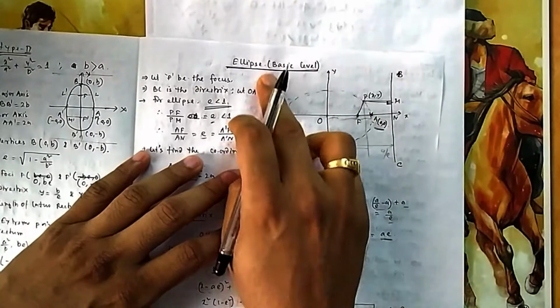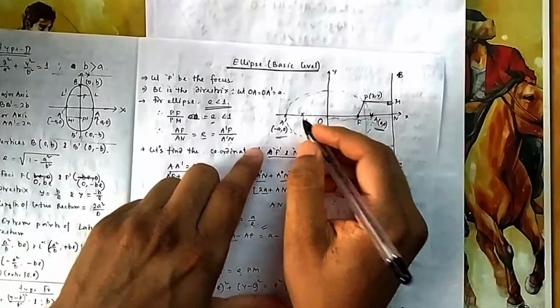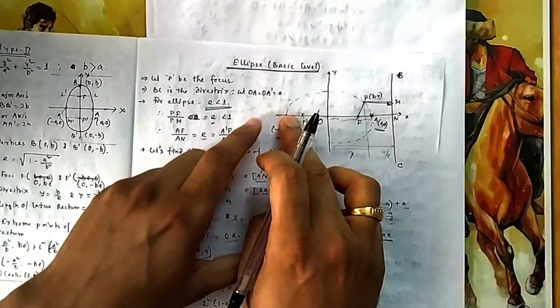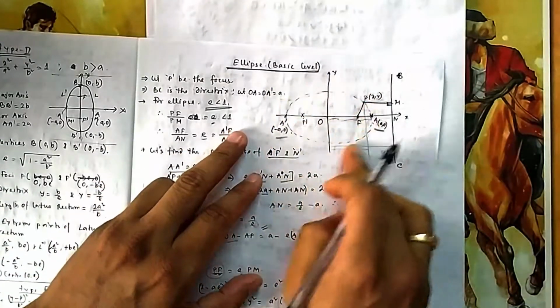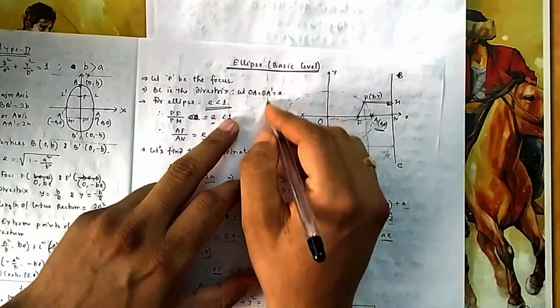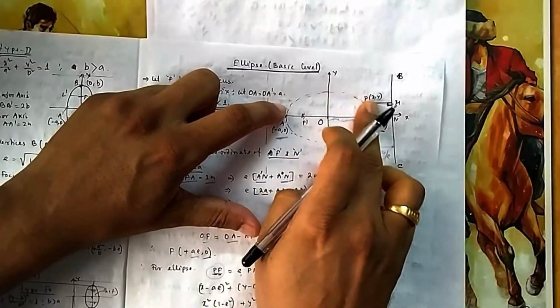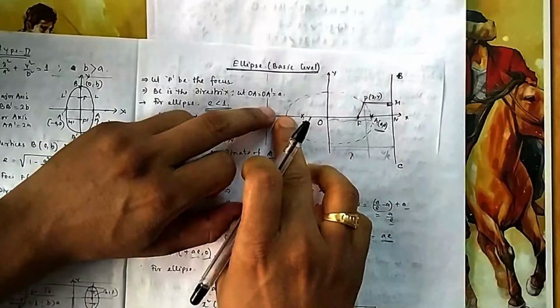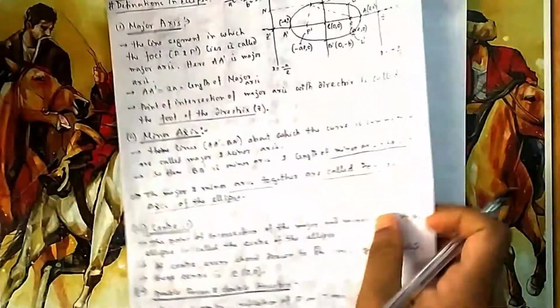The same curve could be drawn by taking this as a focus and this as a directrix, maintaining the same ratio, because from here you can come to this side, and from this side you can come to that side also. So the same ellipse you can form using another directrix and another focus, maintaining the same ratio. So from here you can go up to this side and then come back. If you start from here you can go that side, that is also okay. That's why there are two directrices and two foci in the case of an ellipse.